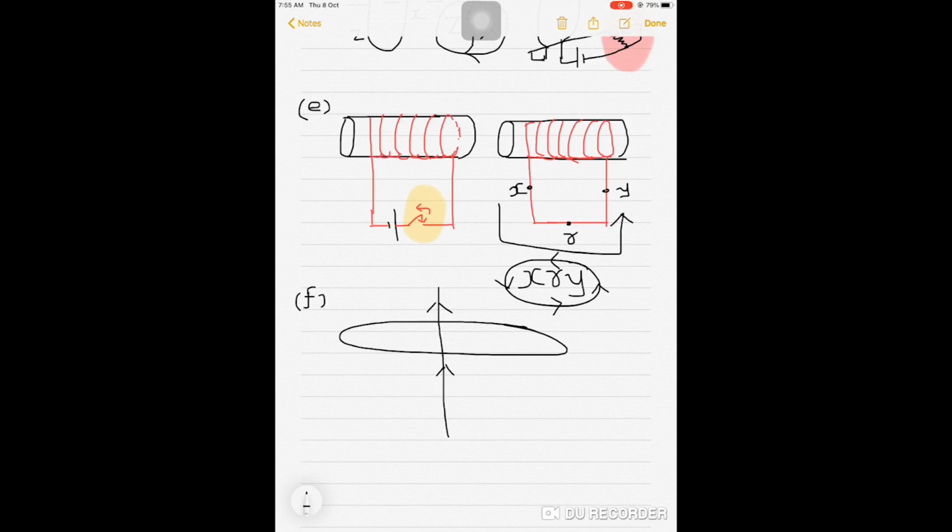Now in figure F, it is shown that current I is decreasing at a steady rate. As the circular field lines set up around the current-carrying wire lie in the plane of the loop, the flux threading the coil in the perpendicular direction is always zero, and therefore any change in current will not change this flux, and hence no induced current is set up in the coil. So we can say that there will be no induced current.